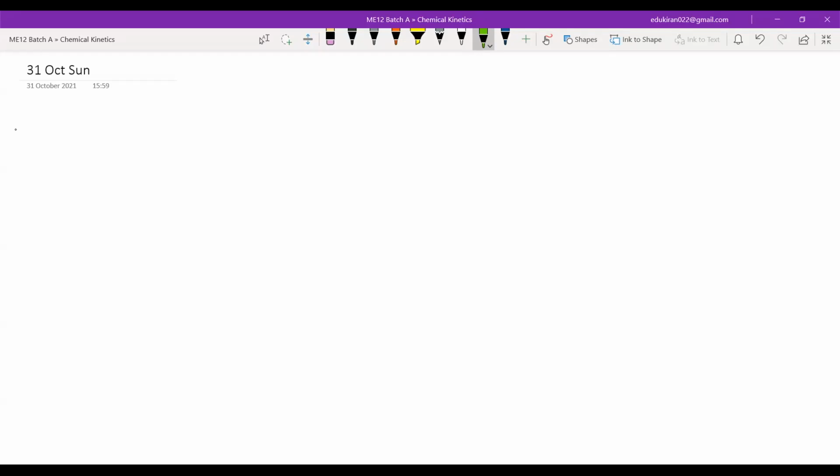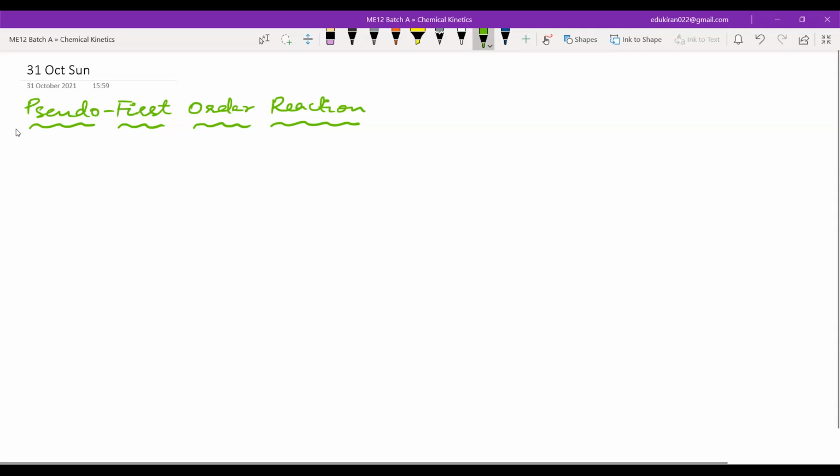Let's do first order reaction. Pseudo first order reaction. That means reactions that are second order or some n order reactions, but behave like first order reactions. Okay, they behave like first order reactions. Please write the definition first of all. Reactions which are